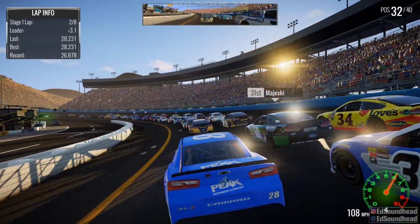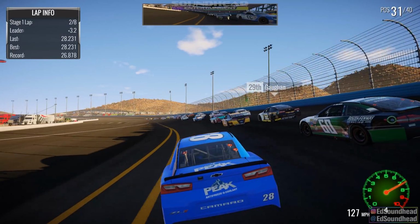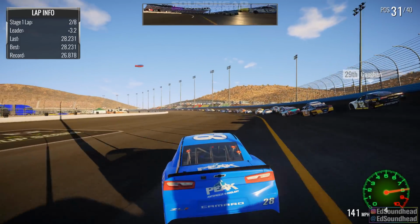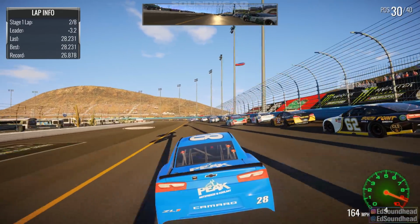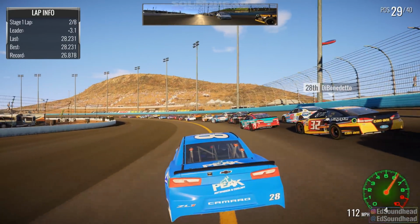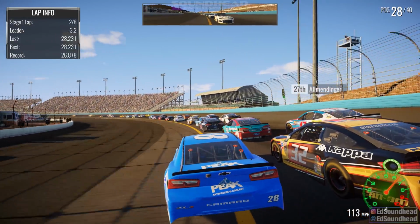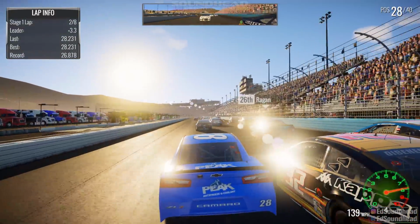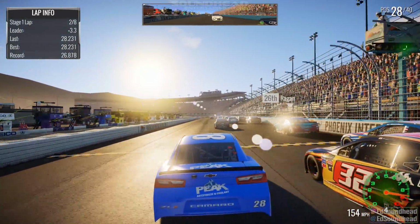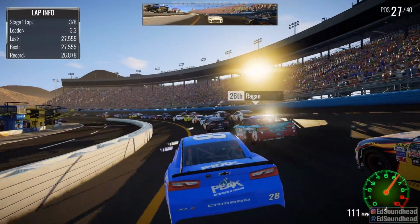So that's that. And yeah, this is the final race before the final race. I guess next week is Homestead, where we will hopefully win ourselves a championship, or we'll at least have a really good shot. We usually do pretty well at Homestead. So, very excited about that, and it's just important for us to get a nice run here at Phoenix to get some momentum into the next round and finish off strong, because we're already making our way through the field